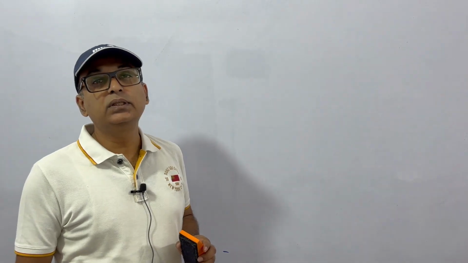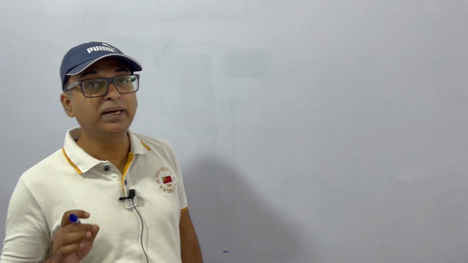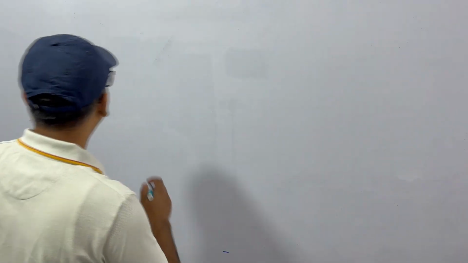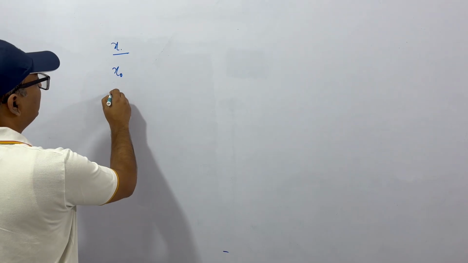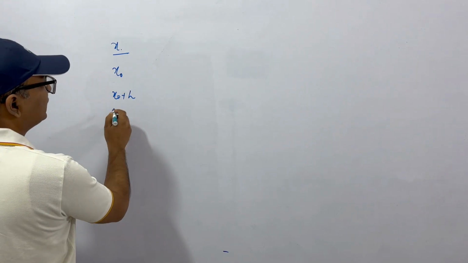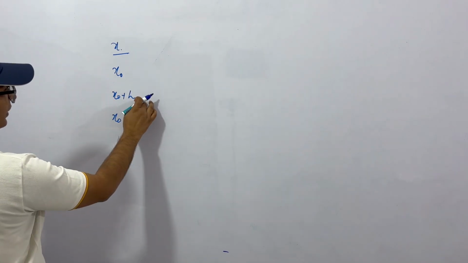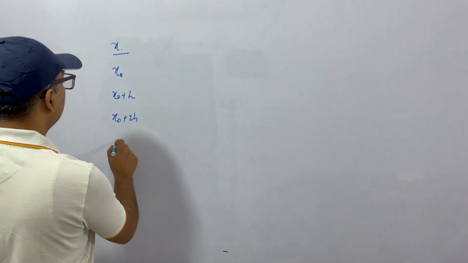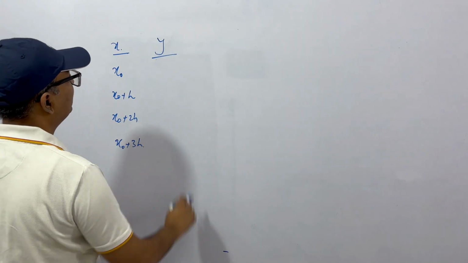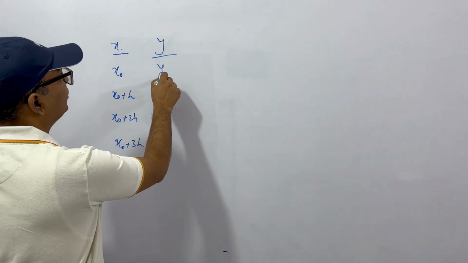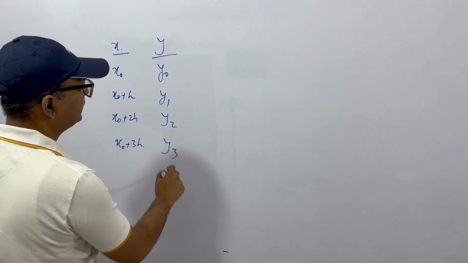So we will see Newton's interpolation formula: Newton's forward interpolation formula and Newton's backward interpolation formula. I had told you, if we have a table of values of x, let's say x0, then x0 plus h, then x0 plus 2h, that is, they have equal intervals between them. If we have this type of table where we have x and the value of y corresponding to x,